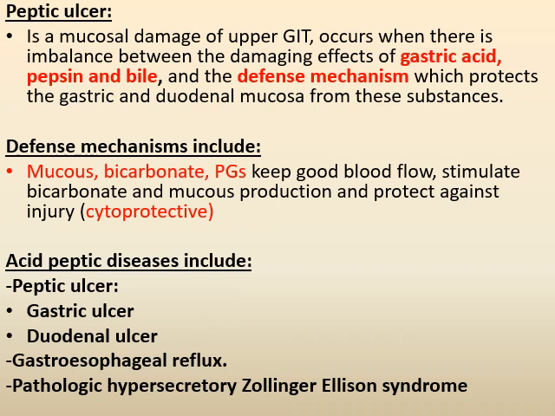So, in peptic ulcer, we have damage in the mucosa of the upper GI tract. Could be in the stomach, in the duodenum, due to the increase in the gastric acid, in pepsin, in bile. We said this is what we called the causing factor or the damaging factor. And we said there is an imbalance between these damaging factors and the defense mechanism. The defense mechanism, we know it, and it depends on the presence